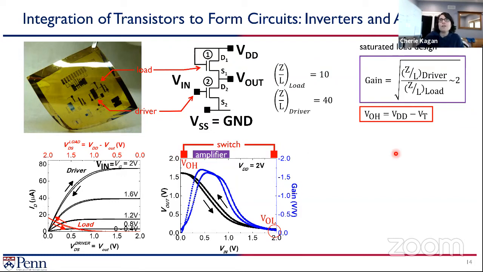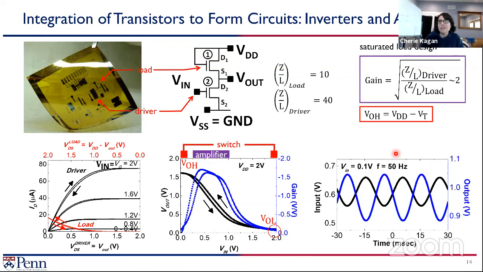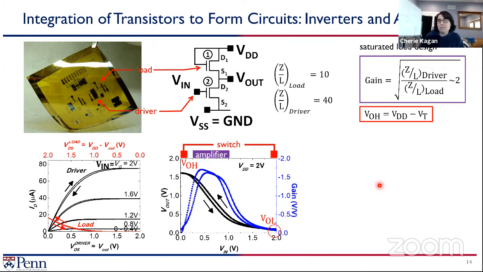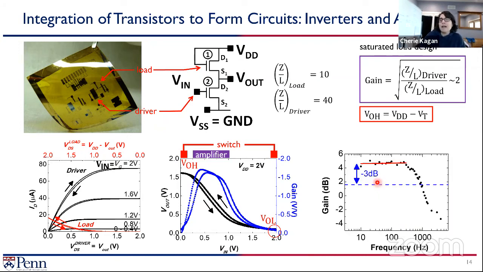So I know I'm running low on time. I'm going to try and just give you some examples here where if we put in a small input voltage, which is shown in black, we can get it to increase by amplifying it in this nanocrystal circuit. We can measure it as a function of frequency. I'm going to skip through this part because we're running low on time, but you can see here that as we drive things at higher and higher frequencies, some of the other